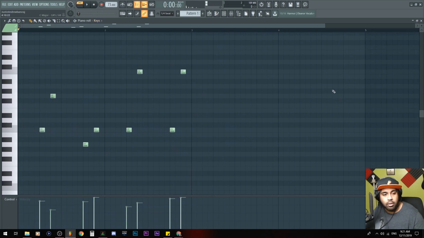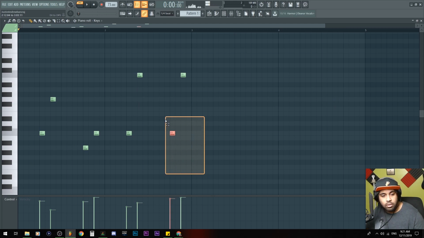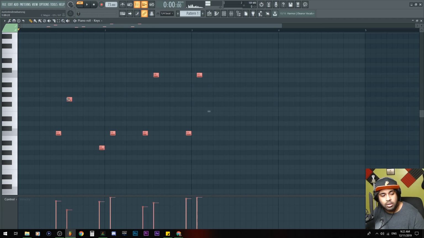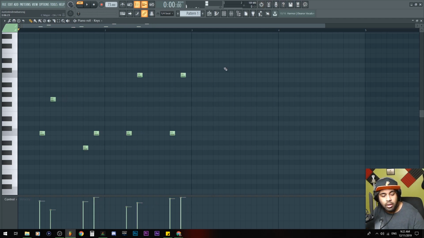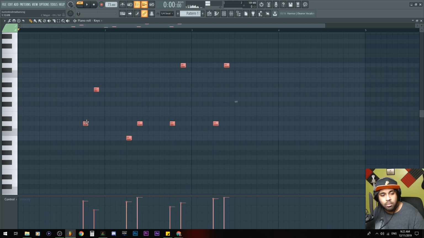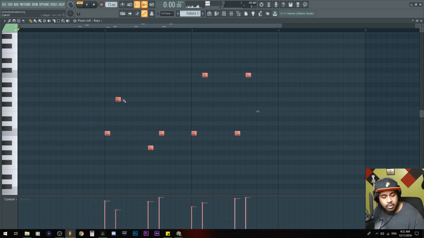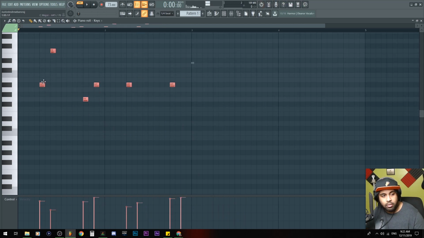Some extra things you could learn about for the piano roll: let me go back to the keys right here. You could hold the left control and then click and drag to highlight these keys. You can also do that by clicking on the select tool or pressing E on the keyboard. So there we go, we have it selected, which is pretty dumb because after you select it, you have to go back to the pencil tool to be able to click and drag. But this is good to highlight stuff if you want to move things away or maybe shift them up or down on the piano roll.